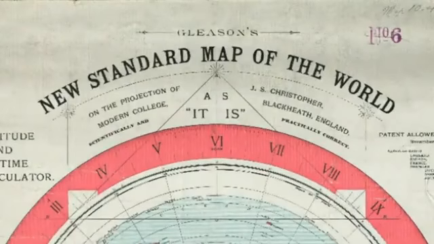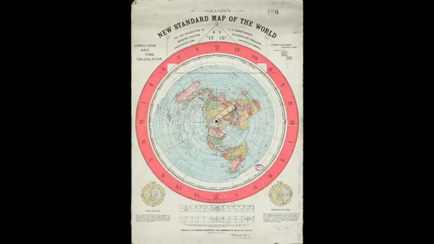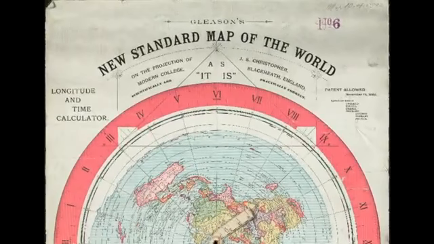Welcome everyone. So let's talk about this triangle at the top of the Gleason's map. Everybody says it's a Masonic triangle. Well, it is an isosceles triangle. I'm not so sure it's Masonic. By looking at it,